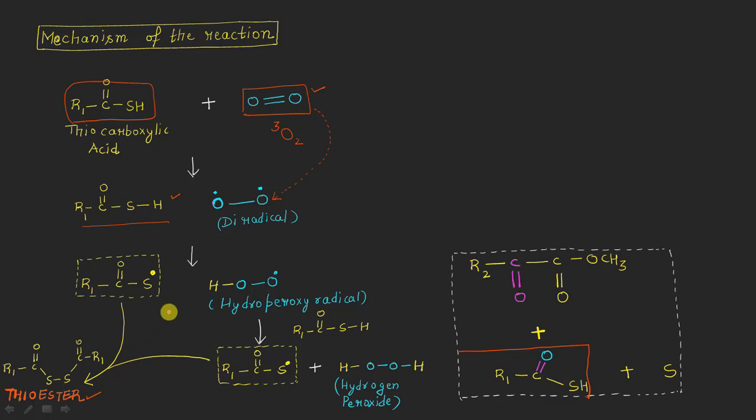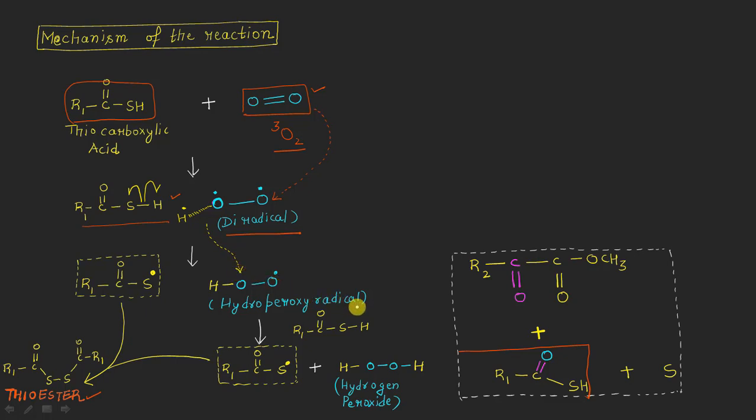So now what is going to happen is that, as I have told you, this type of triplet oxygen can be shown in the form of this type of diradical species. So now this diradical here will be initiating a photochemical, or let us say a free radical type of reaction, in which the homolytic cleavage of this bond will take place in this way, giving a radical here on this sulfur atom, and one H radical will be generated here, which will now combine with this diradical, resulting in the formation of what? Resulting in the formation of a hydroperoxy free radical, right?